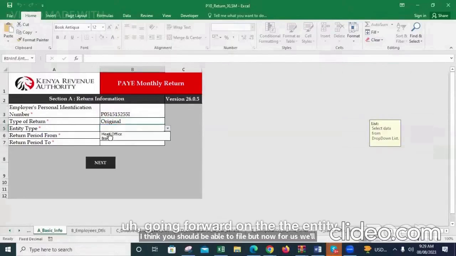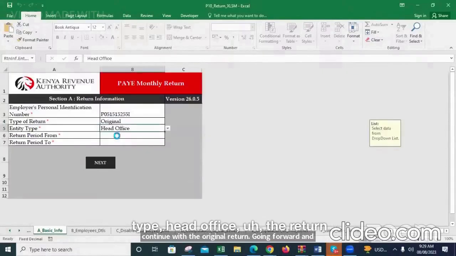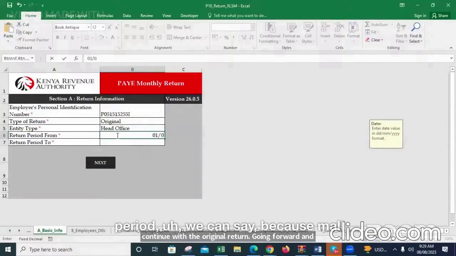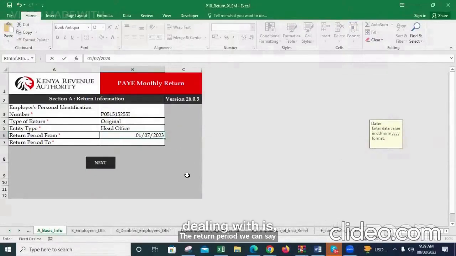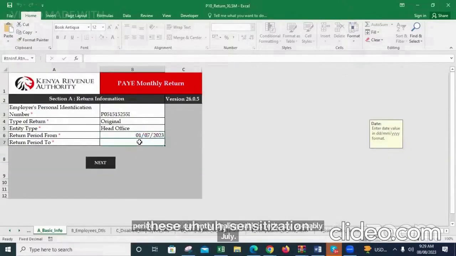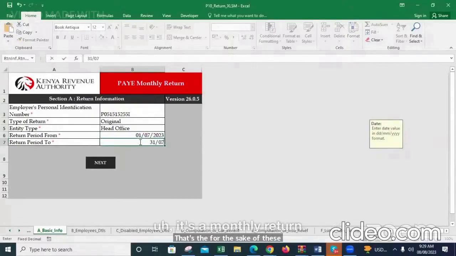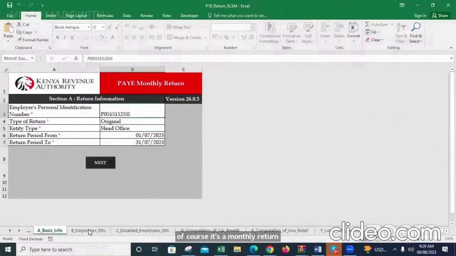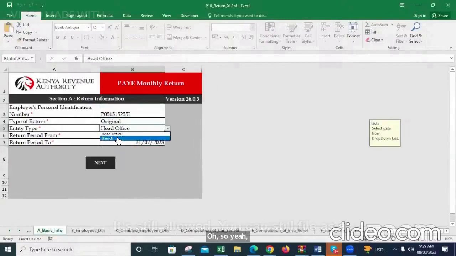And the entity type, head office, the return period. The return period we are currently dealing with is, let's say, probably July, for the sake of this sensitization. And of course, it's a monthly return. So yeah, you can file as a branch. It's still allowed. You can still file as a branch,